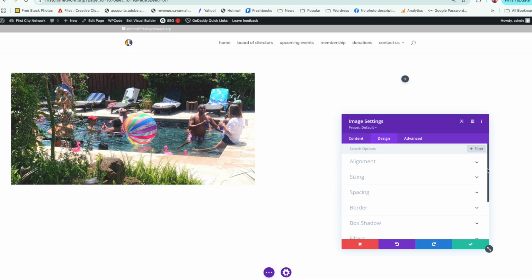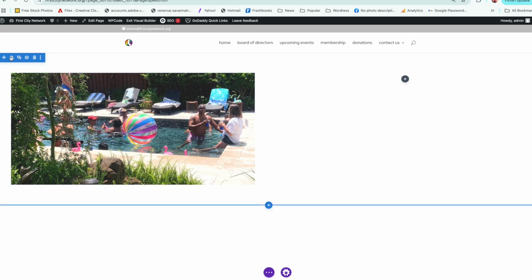Going to go back to design. We'll go to spacing. This is defaulted within Divi. There is an invisible space here, and I'll show you the difference between that in a second. But right now I want to show you the difference between margins and padding. So let's say you want this to go all the way to the top. So what you have to do is hit 0 and hit 0 again, and then